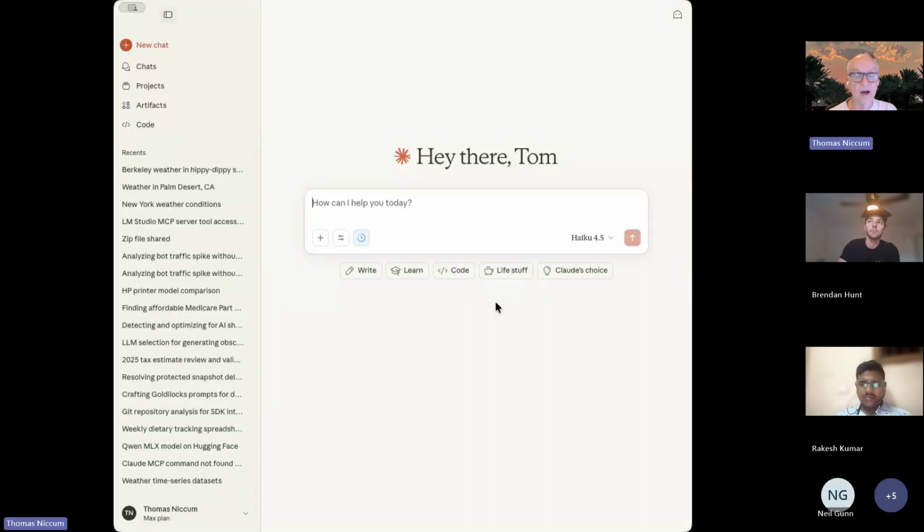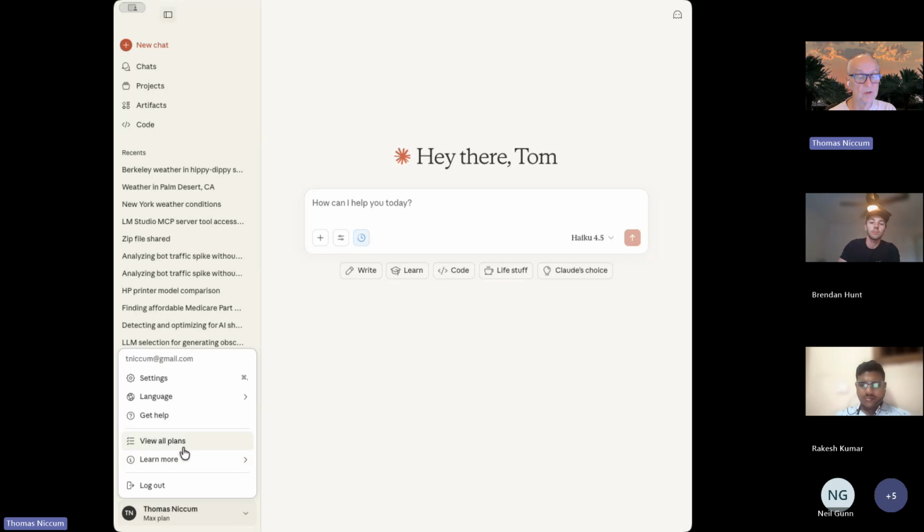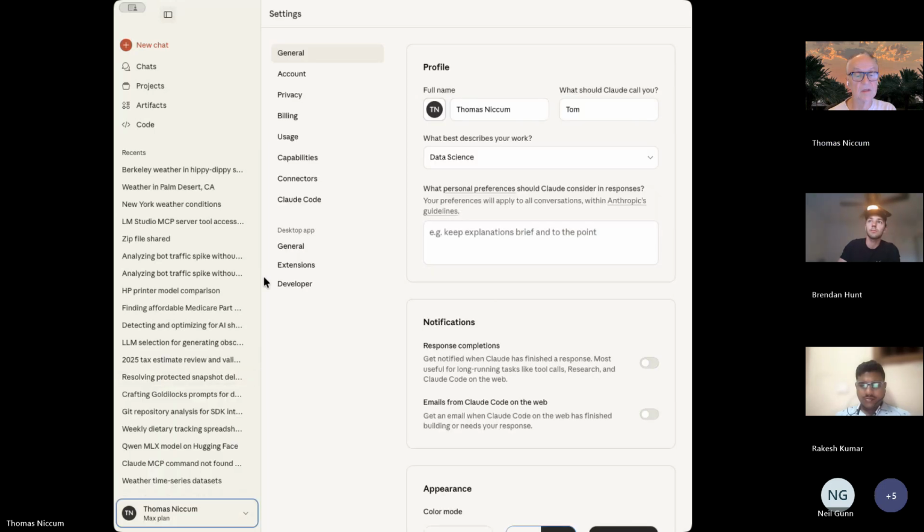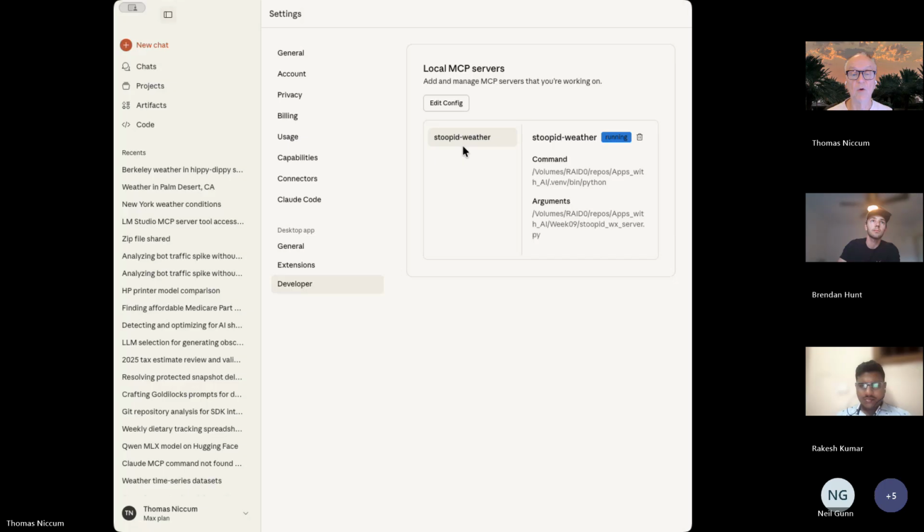Okay. So now, hopefully, if we go over to settings, developer, now we have stupid weather. And it tells us what the command is, and it says it's running. So now we can go over here